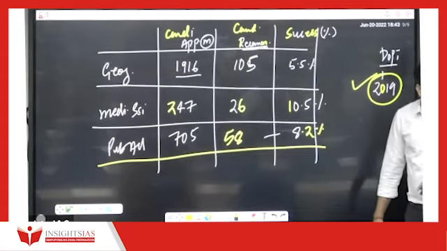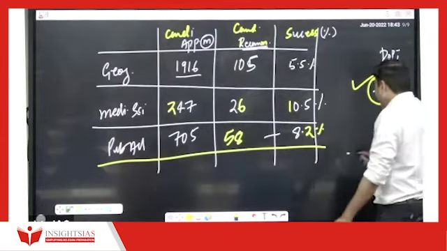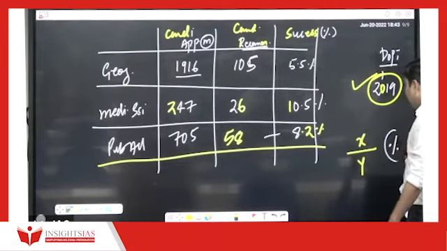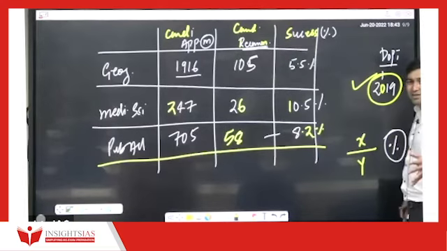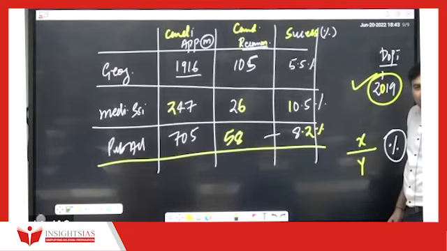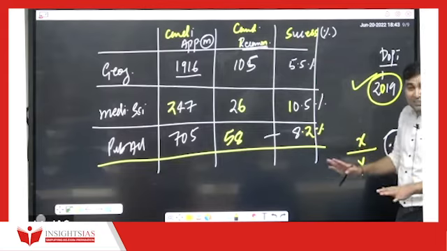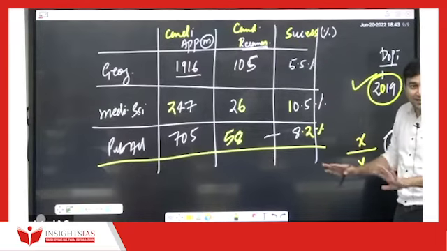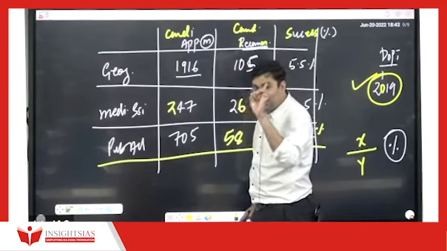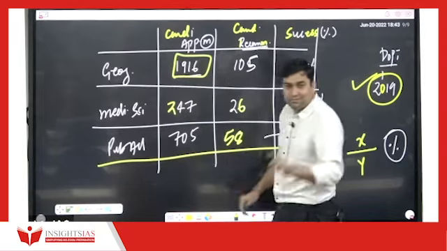What I want to essentially tell is as follows. If any number x upon y, when you are considering to understand the percentage ratio, if this y is very big, then ये percentage कम ही आएगा ना. लॉजिकल है क्या? This is DOPT website, not my, not Insights. ये DOPT का original authentic data है, not my. What I want to say is that maximum number of students appeared in the mains each year are still from geography. That I can guarantee.